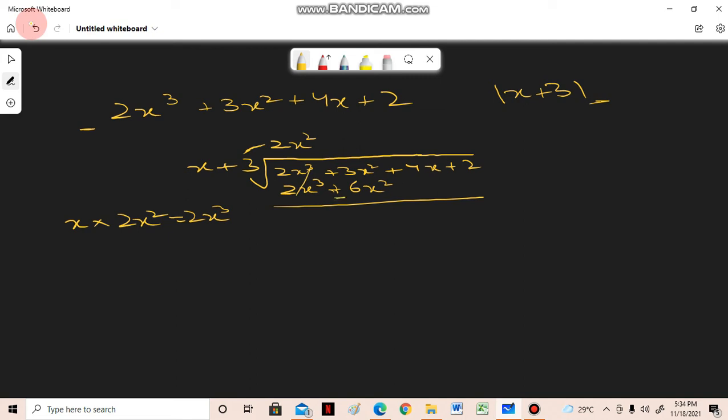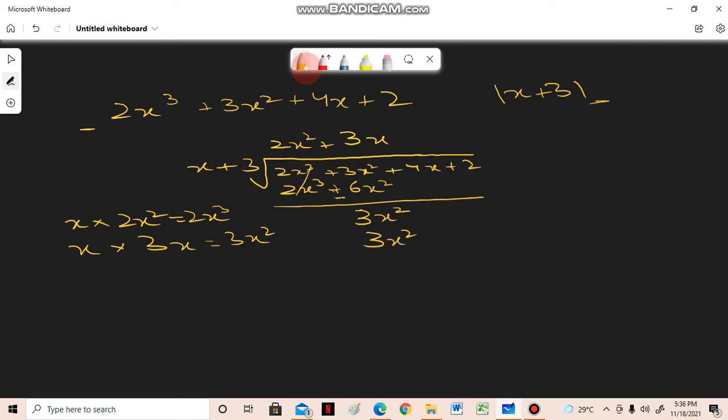So plus minus is minus, and 6 minus 3 is 3x square, and the sign is always of the greatest number, which in this case is 6, and it has minus sign, so this will become minus. Okay, now the second step is to see which number to multiply x with to get minus 3x square. Okay, so we know that if we multiply x with 3x, we will get 3x square, right? So x multiplied by positive 3x is 3x square.